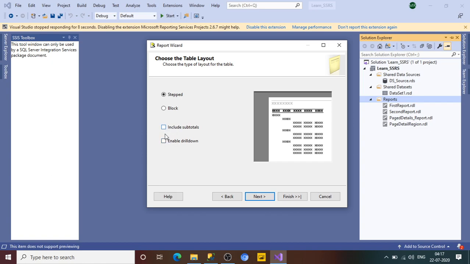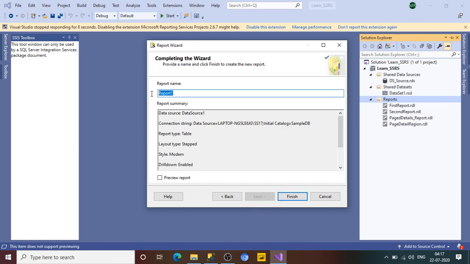And these are the two checkboxes here: include subtotal and enable drill down. If you want your regions to be in drill down format, then you can check this. If you click on block, then this option will not be there. So click on stepped, click on drill down. I don't want to have a subtotal here, so I will not select this. We'll keep enable drill down and click on next, and give this name as stepped